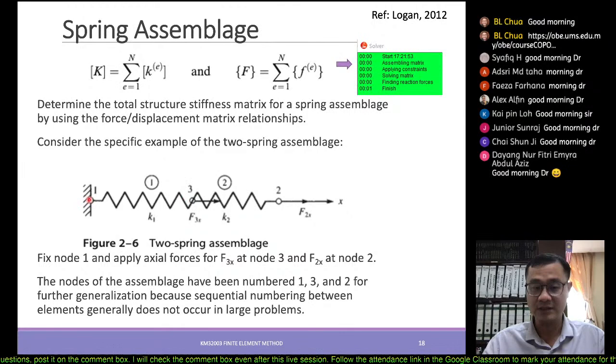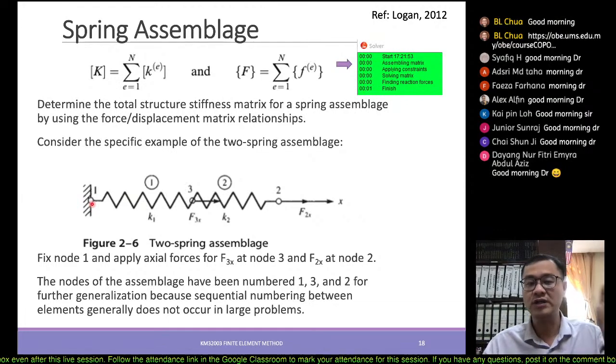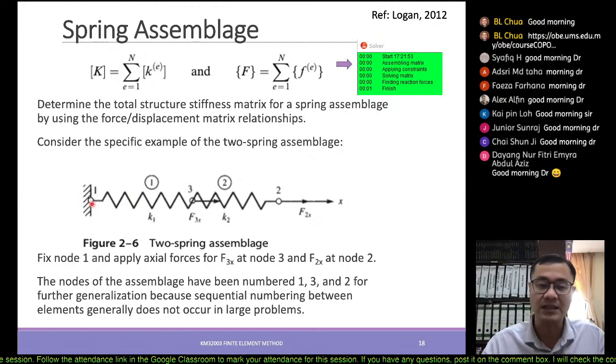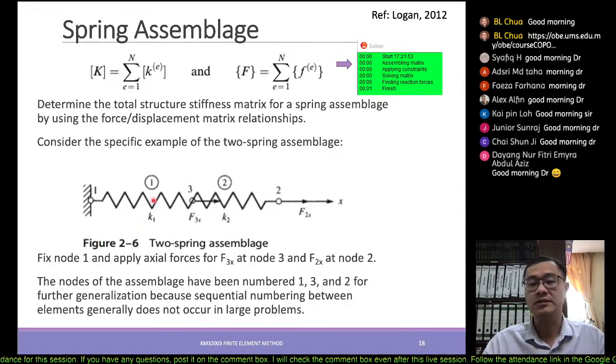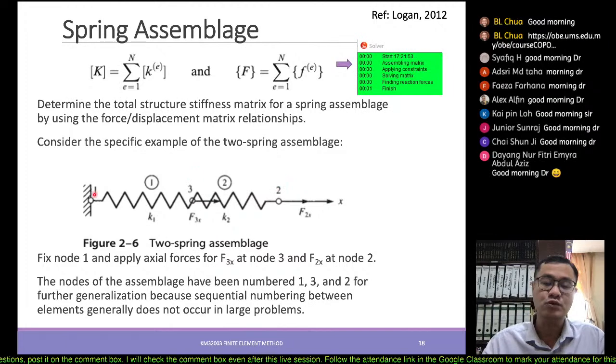Whereas for node number 1, we just stick it to a constraint or a wall, so no forces act on that particular side and no displacement, as we would expect. So based on this example, two springs, two forces acting, and one node being fixed at a wall,